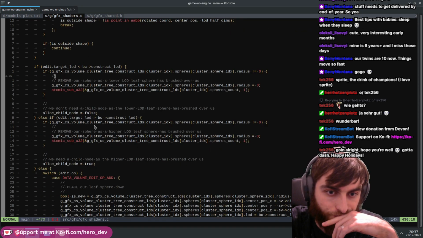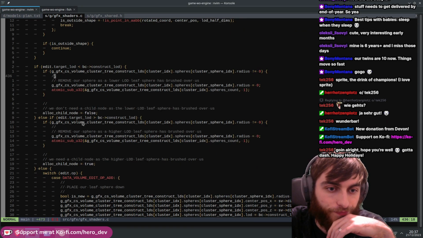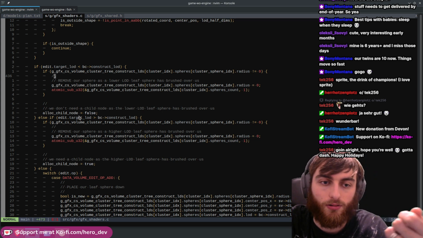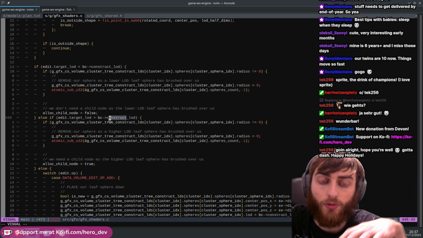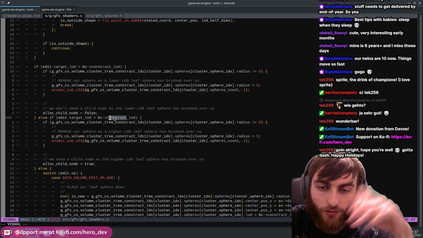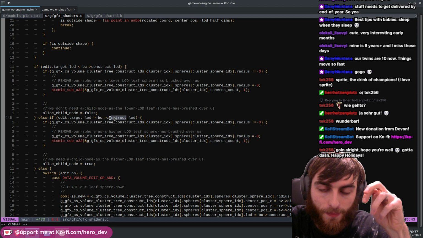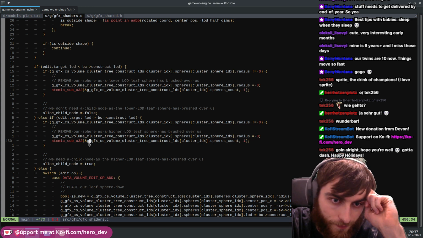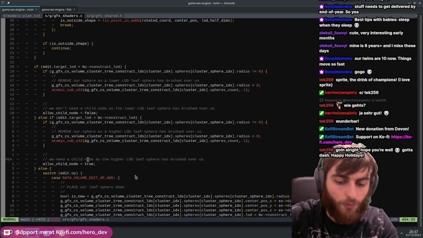So given the target LOD that we're painting down, if that is bigger than the current one that we're constructing, because we do one level at a time and put synchronization points between those. So this one's saying we're removing a higher level of detail. Yeah, this removes our sphere, and it says allocate a child. Perfect. Now what we want to say is